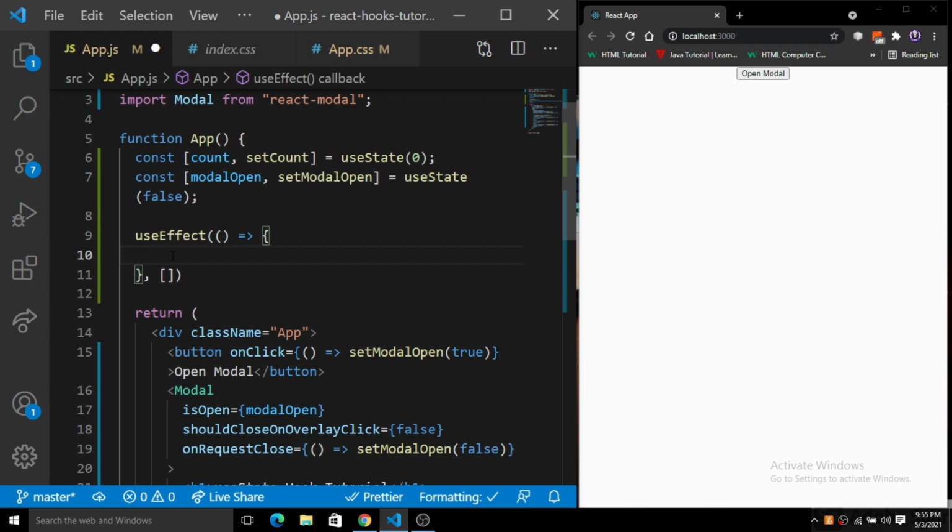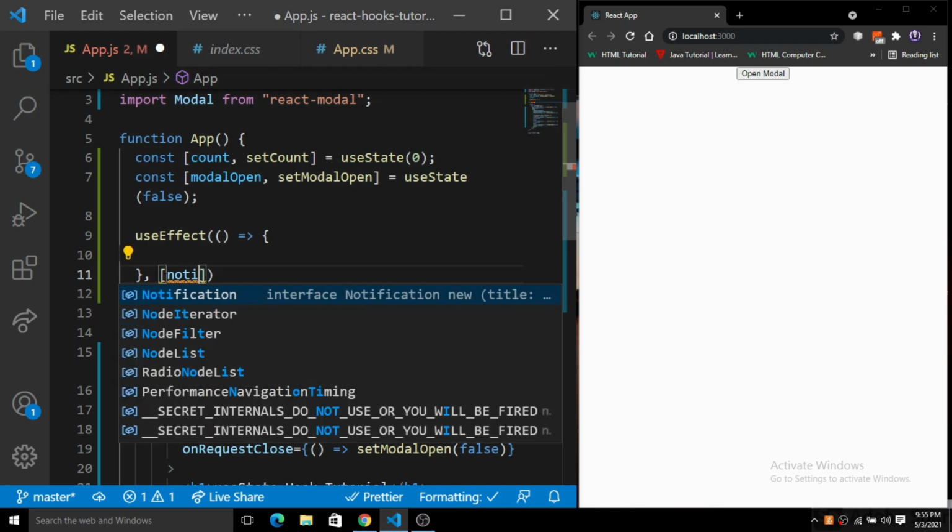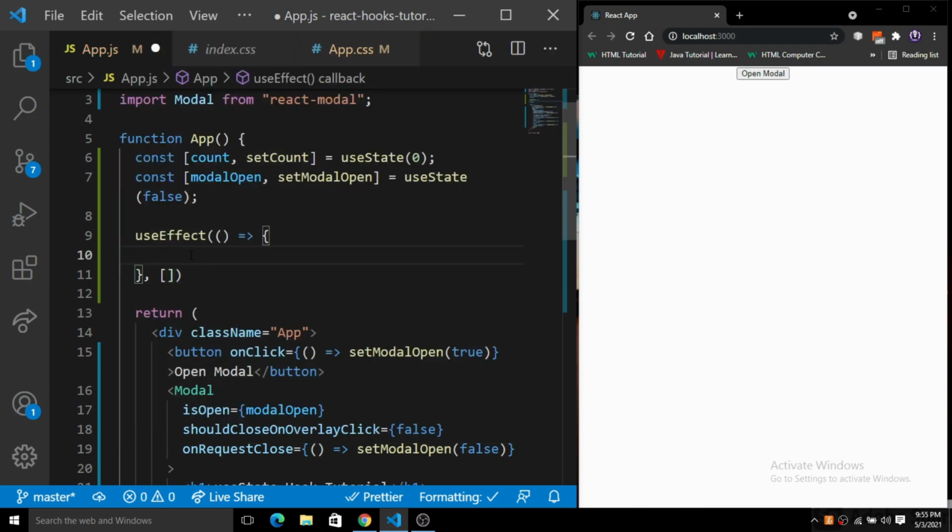The useEffect hook will run one time in the entire life cycle of this component, meaning if you have not passed anything inside the dependencies array. If you put the dependency array as blank, then this whole effectful function will run a single time when the component loads, no matter what. It just runs a single time.